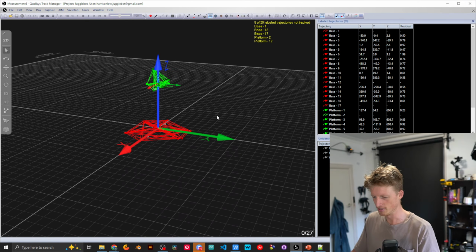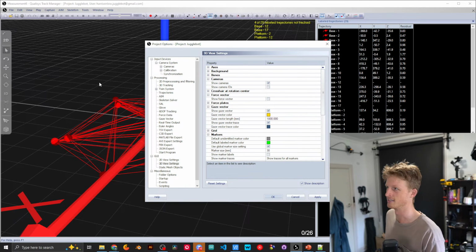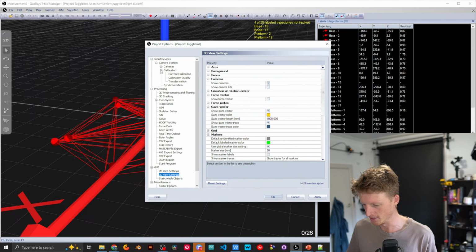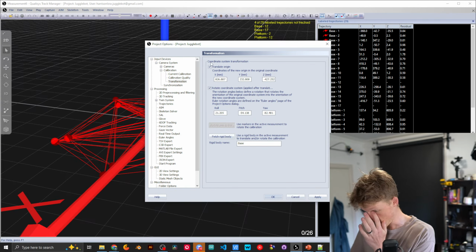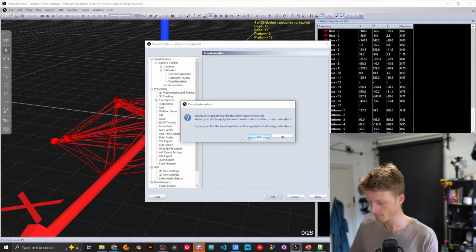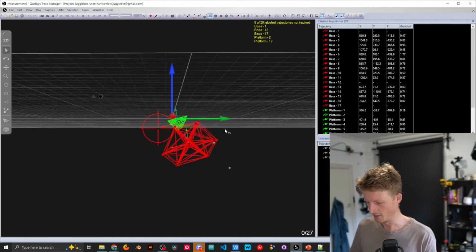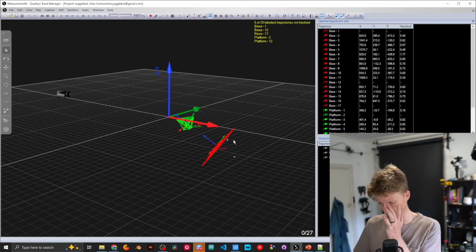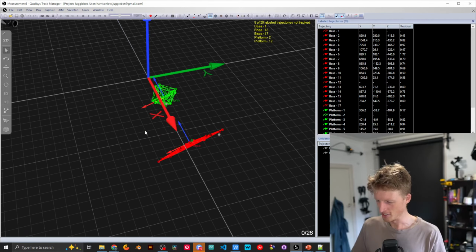this big triad that we see here, is bang on the base's origin. How good is that? And that was done, for reference, when I did the calibration, I had the L bracket thing just dangling on the top of Jugglebot. It was at some completely cooked angle. So I'll show you what that originally looked like. This is how I originally calibrated it. This is where it thought the coordinate system was based on where I put that L bracket. And then this is where Jugglebot actually is. So yeah, bit of a change. But it turns out